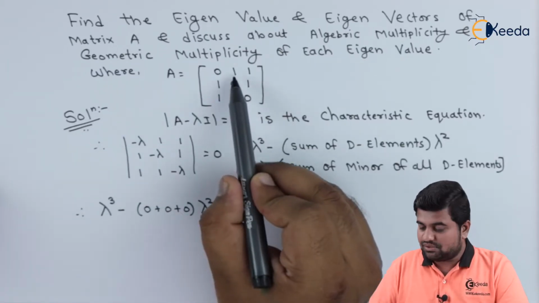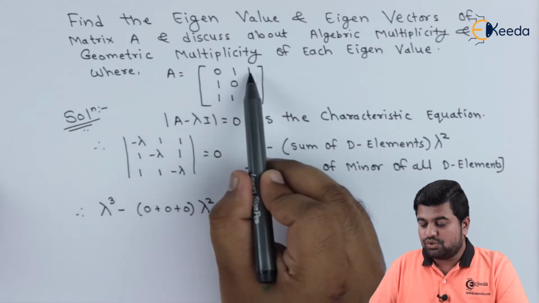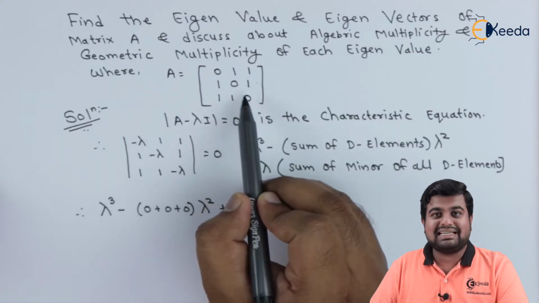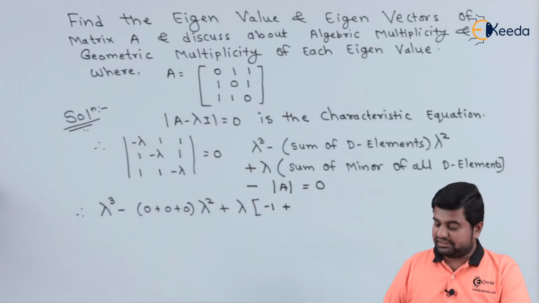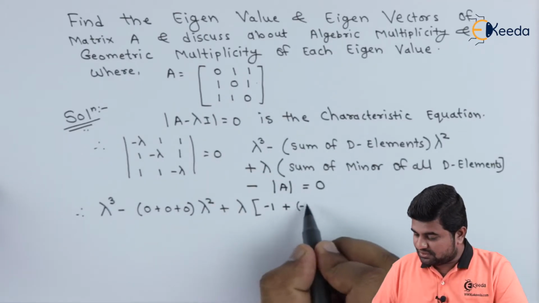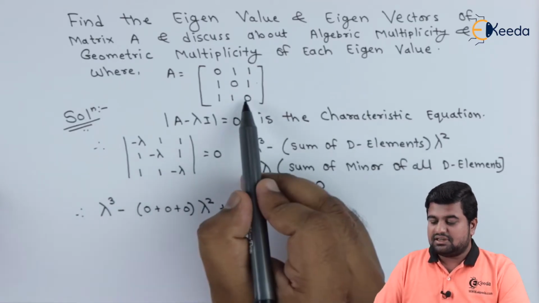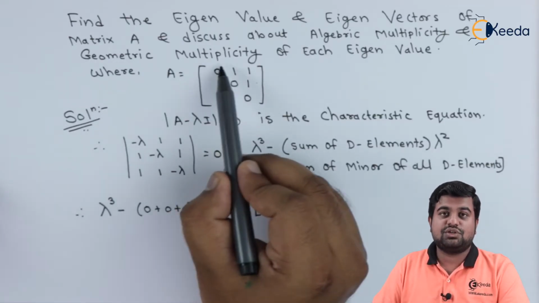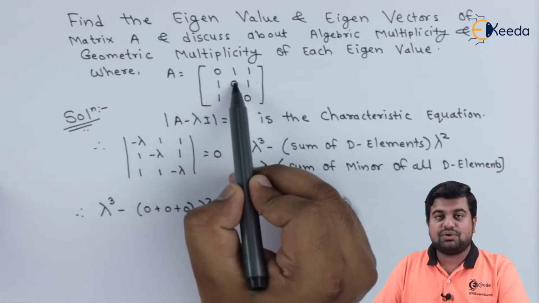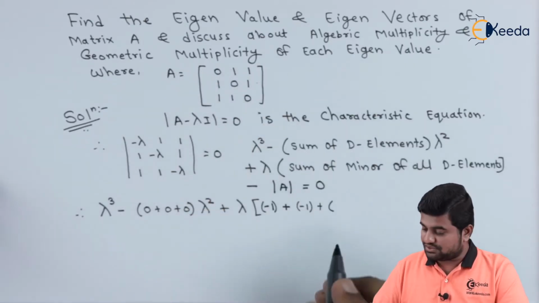Let us focus on this 0. I leave this column, this row, and I am left with 0 1 1 0. It is again 0 into 0 minus 1 into 1, which is again minus 1, plus let us focus on this. I leave this column and this row and I am left with 0 1 1 0, which is 0 into 0 minus 1 into 1. So 0 minus 1 is minus 1,